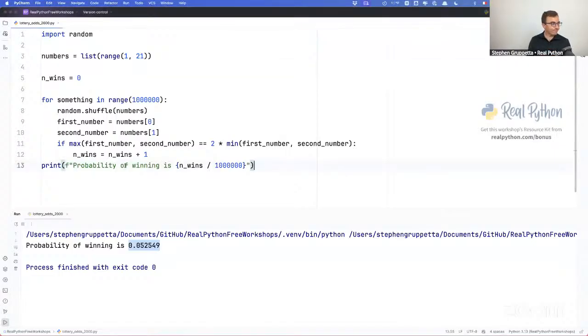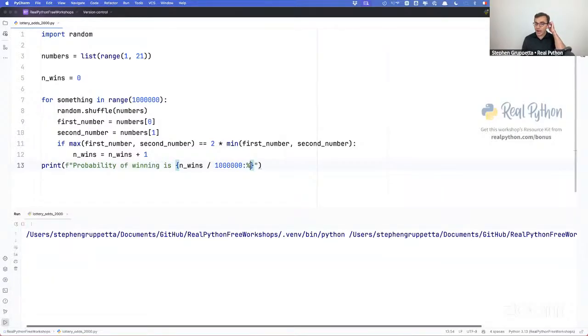F strings. We can do some really nice stuff with F strings. So we've seen that inside the curly brackets here, I asked Python to work out something for me. Now, I can even format this in fancy ways. For example, and I'm only going to show you these as an example, and I'll tell you where you can read more about them. If after this expression, number of wins divided by 1 million, I put a colon and a percentage sign, I'm sending the F strings the information that what I want now,